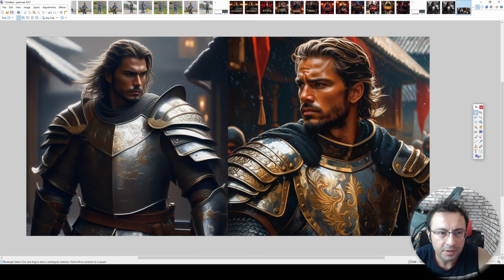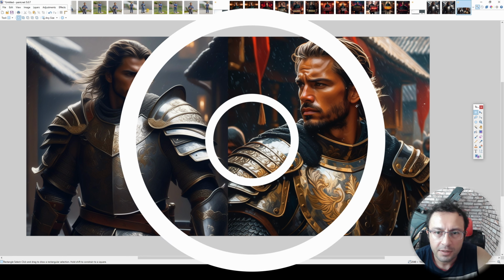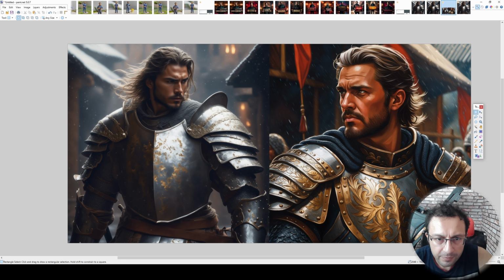And here we see on the left Automatic 1111 Web UI base image, on the right Comfy UI base image. Unfortunately, since they are not the same seed, I can't say which one is working better. And now we see on the left high resolution fix Automatic 1111 Web UI image, and on the right refiner output of Comfy UI. I think high resolution fix is adding much more details than refiner itself, but if the refiner were available it would be much better. But since they are not the same seed, as I said, we are not able to fully compare them. However, the speed of Automatic 1111 Web UI is much better than the Comfy UI at the moment.